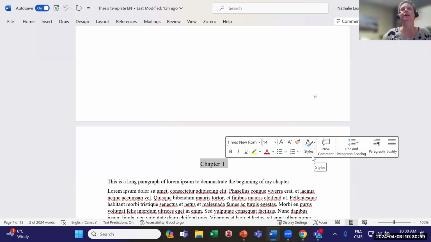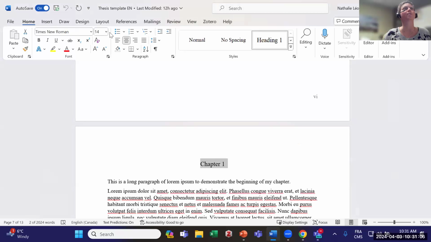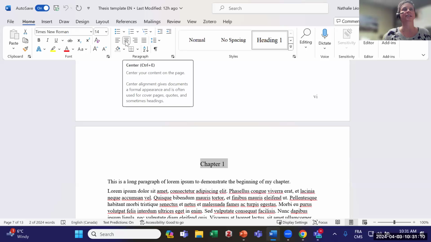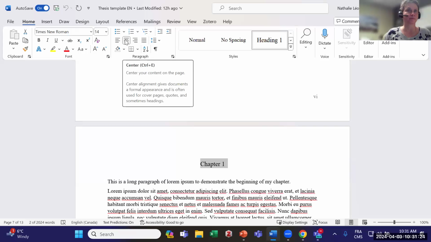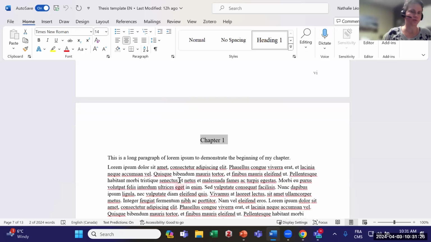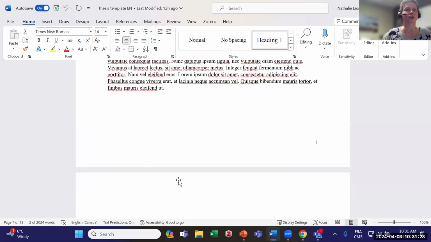If I go at the top and click on Home, we see that the characteristic center has been chosen for this section, as well as Heading 1. Heading 1 includes all of those accessibility features: font, size, alignment. If I continue and scroll down up to chapter number 2,